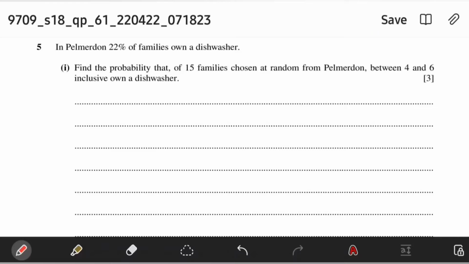In Palmer Dawn, 22% of families own a dishwasher. Find the probability that of 15 families chosen at random from Palmer Dawn, between 4 and 6 inclusive, own a dishwasher. Between 4 and 6 inclusive. So the number is 15 families, and the success, or P, is